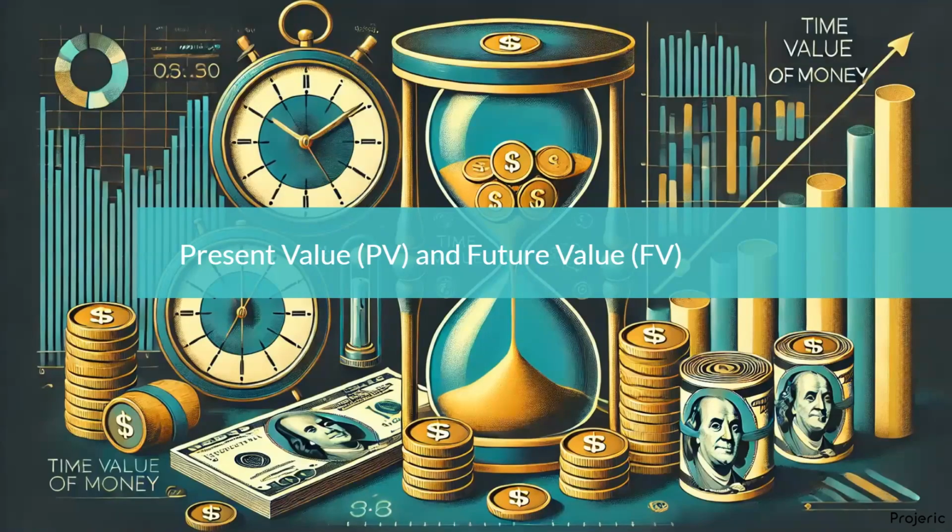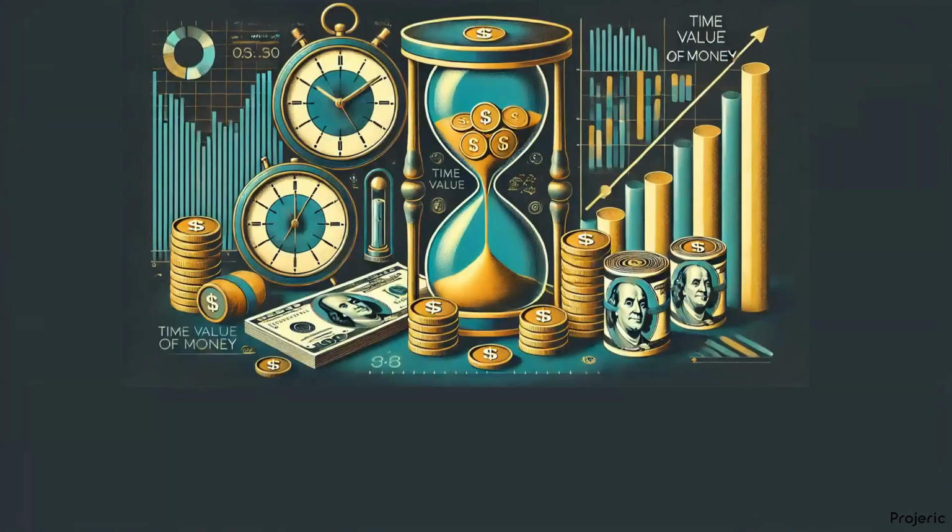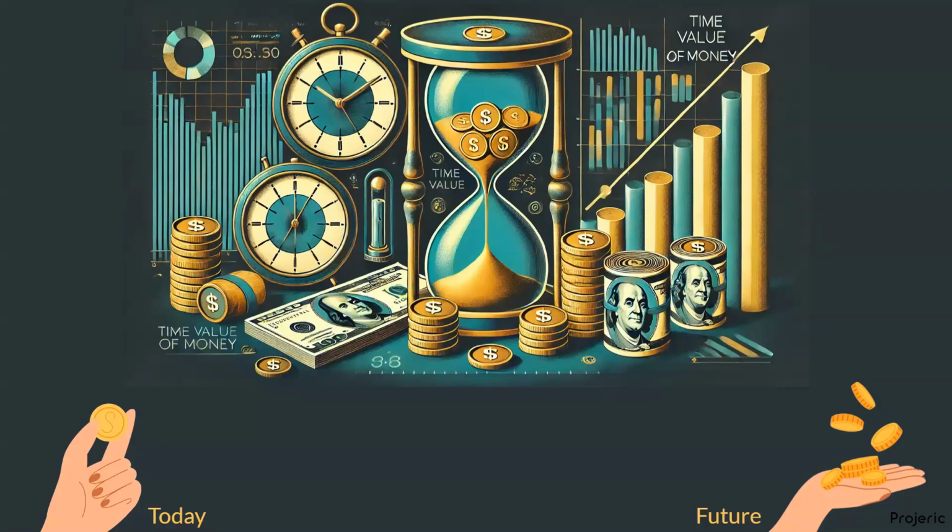Money owned currently is more valuable than the same amount of money in the future. Think about having $100 right now versus having it after 1 year. If you have $100 right now in your savings account, with a 4% annual interest rate, you will have $104 after 1 year. However, if you earn the $100 1 year from now, you lose the chance to earn this year's interest. Additionally, due to inflation, the purchasing power of $100 a year from now will be less than its